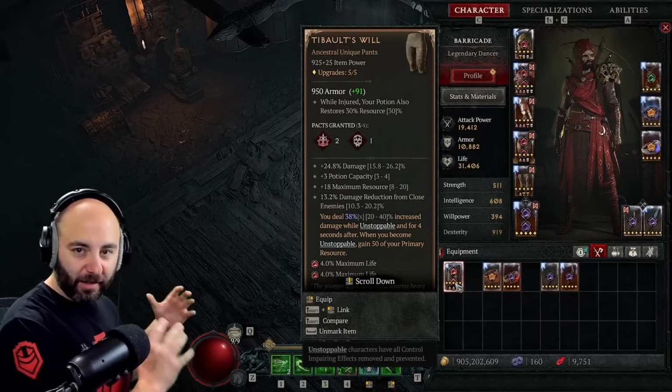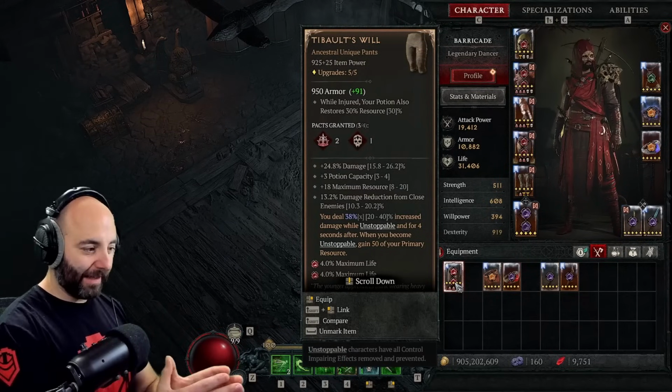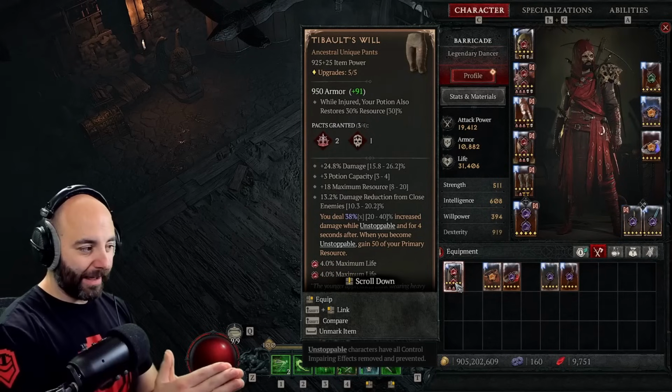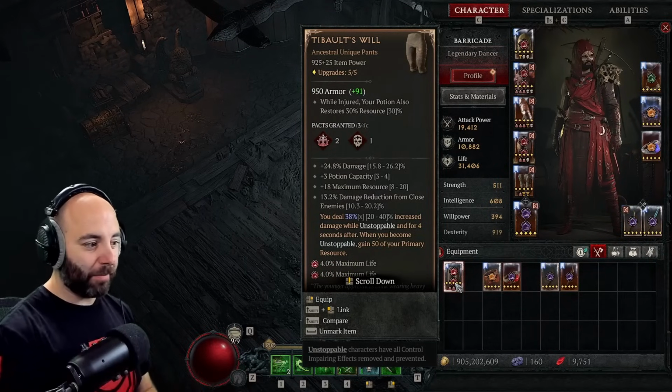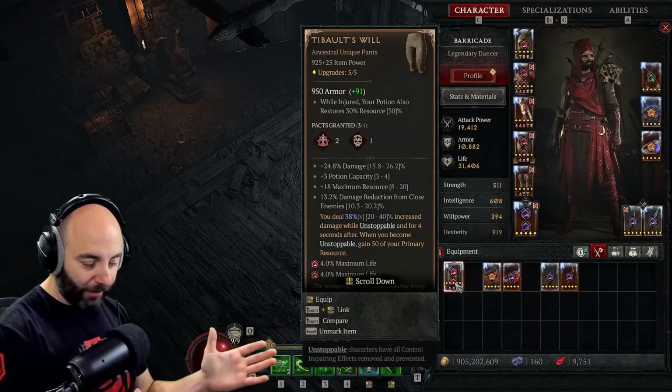You're kind of falling behind on time, and you've got to risk it for the biscuit to make sure you can proc the boss and actually clear that dungeon floor. Then you're going to prioritize Tibault's. But out of the gate, to survive and not die and then reset the whole fight, whole level, make sure